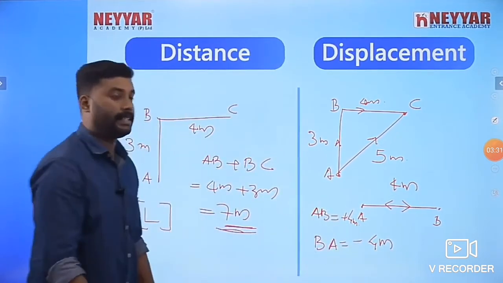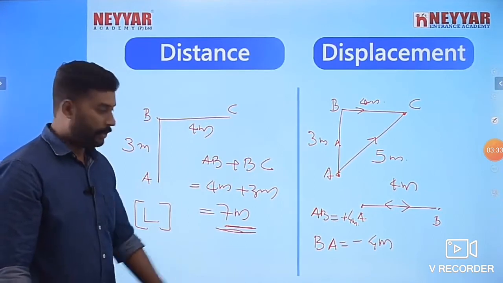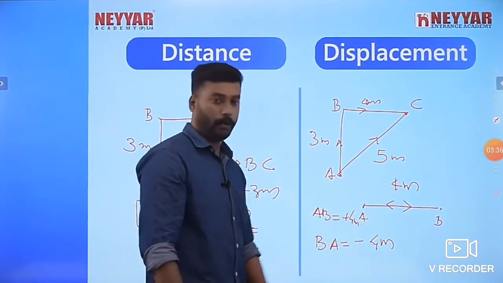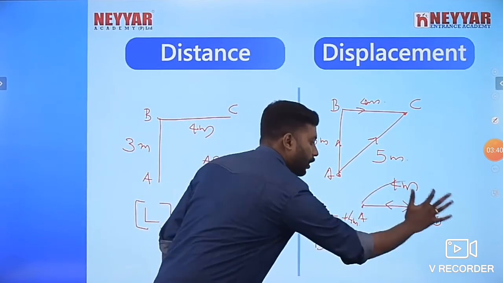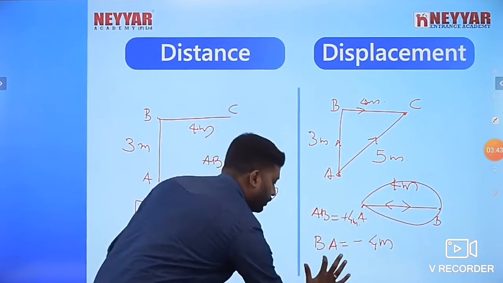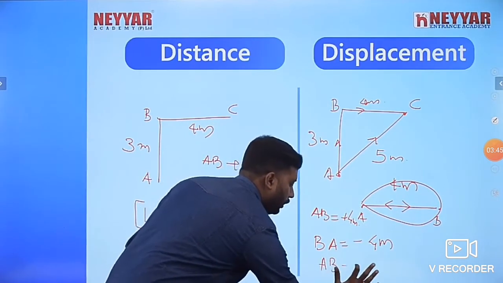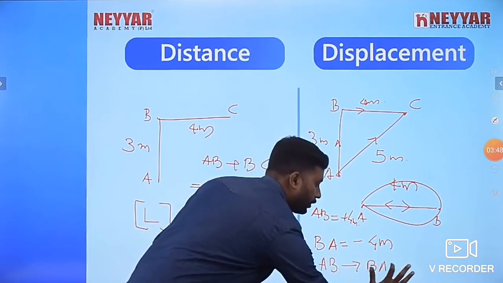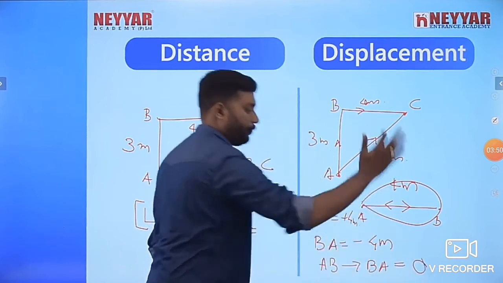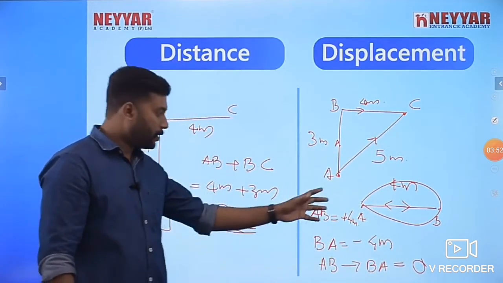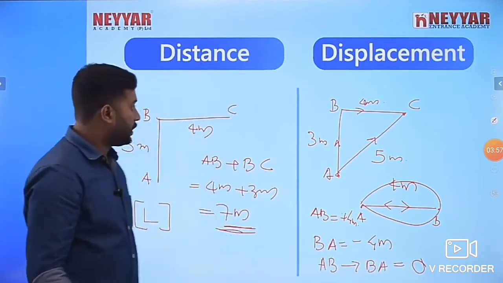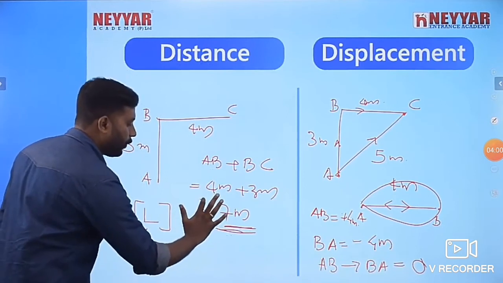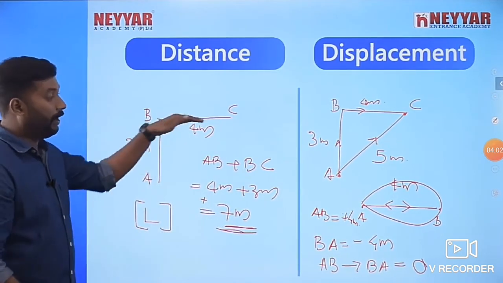This minus does not tell us that this value is less than 0. This minus signifies its direction only. Suppose that the body returns to its initial position. He completes a round trip. Then we can say from A to B, then from B to A, the total displacement is 0. So we can conclude that displacement can possess positive, negative as well as 0 value, whereas distance can only have a positive value because the length of the path never decreases. Now we have a clear idea about